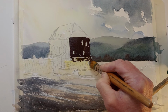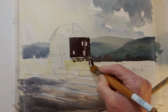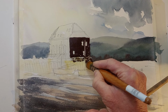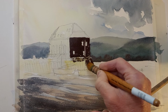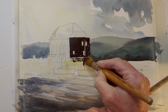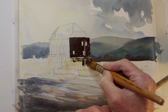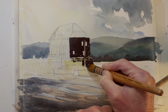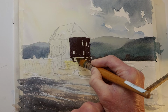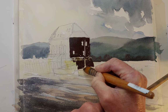Then, of course, we've got some supporting pillars. I'm not going to do too far. It's quite tricky work, this, particularly with a large brush. But as I said at the beginning, large brush is the answer if you can get it to work. Really is the answer to creating these lovely, fresh, clean washes of colour. There we go. Now there are some uprights on that, but I'm not going to worry too much about that